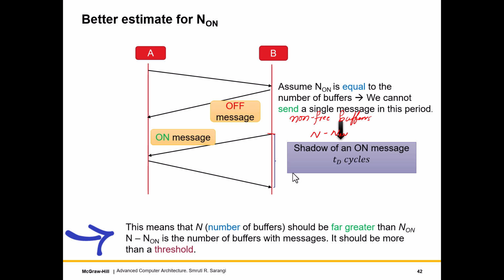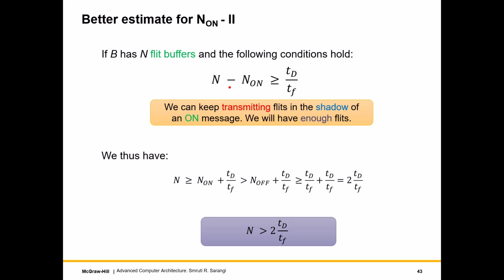Because if n minus n on is 0, then we will not be able to send any flit in this period, which is not acceptable to us. So we want the number of filled buffers at the time that the on message was sent to be greater than or equal to TD by TF, such that there is no idleness